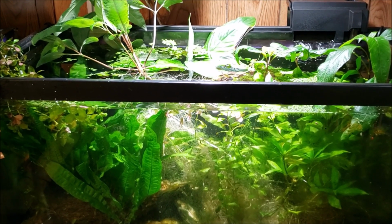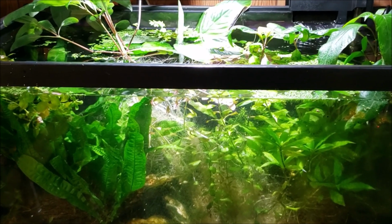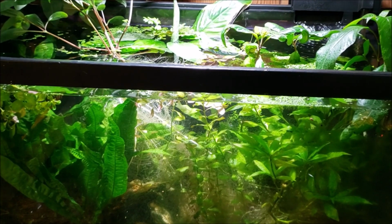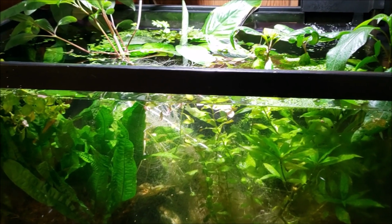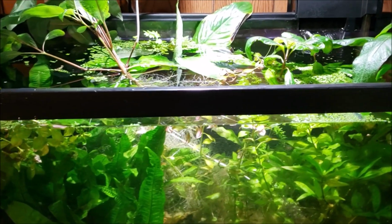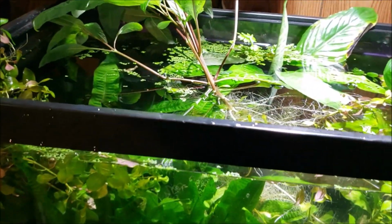Hey everybody, this is my 40-gallon purple spotted gudgeon tank, and I just got an idea of something I want to do, so I'm in here doing it. And of course midway through I decided I may as well get some video of this and try to document some of it. It's a little late, I'll admit. I have already gotten started, but we are at the very beginning stages, and that entails simply collecting up